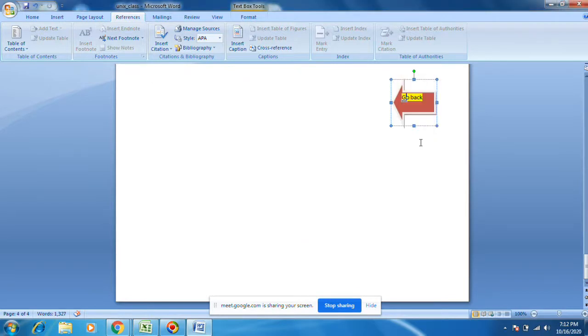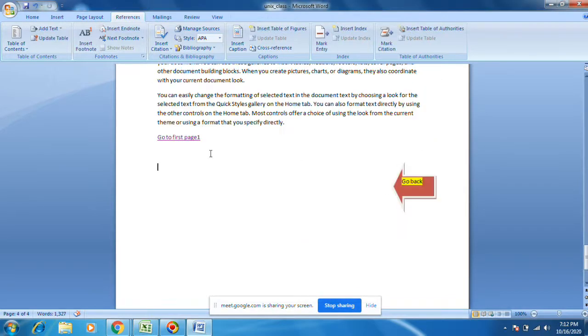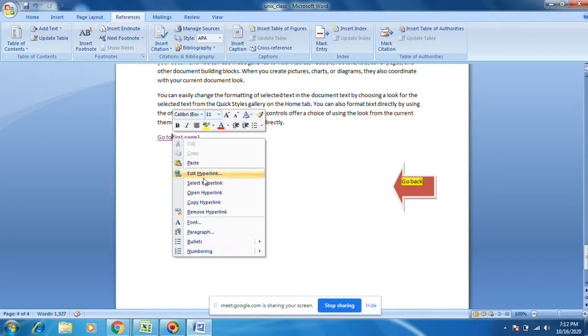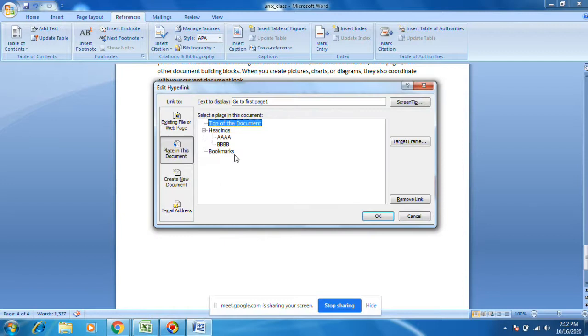Anyhow, that hyperlink you are able to see. You can put hyperlink to that. How come it is coming now?